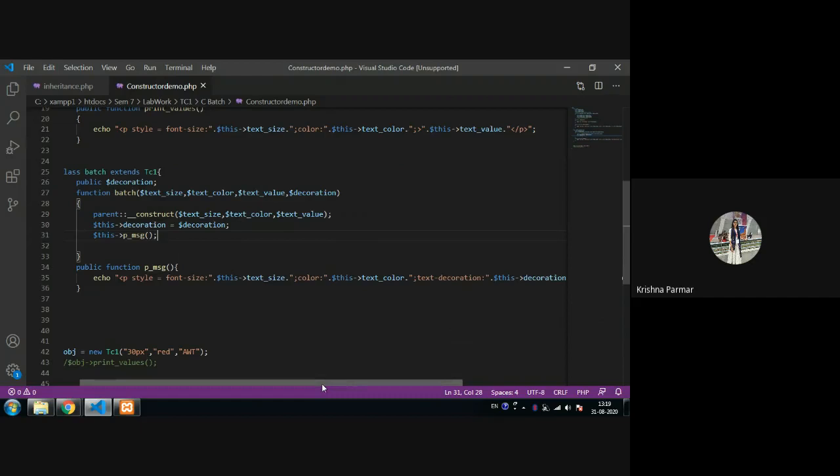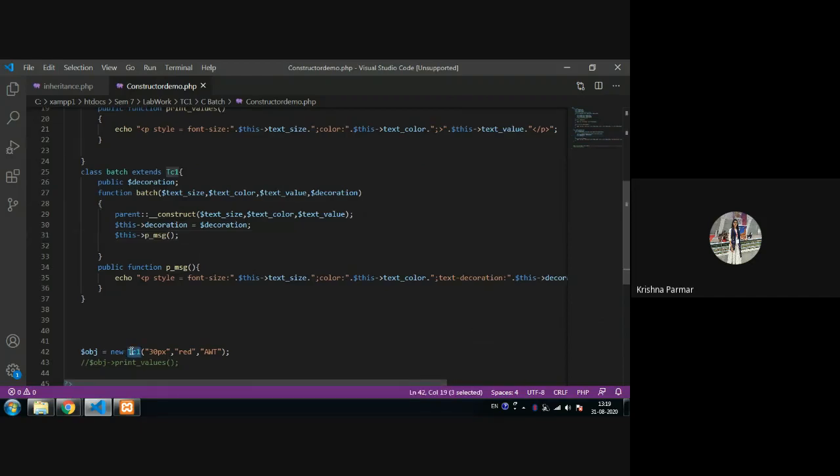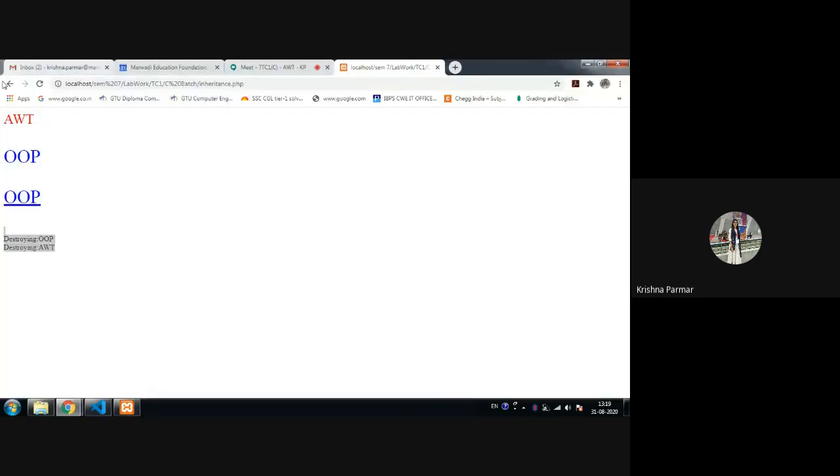Now here I'm creating the batch class object, where I'm providing the fourth parameter, because my batch class constructor contains four parameters. So now I'm going to run the program, that is my constructor demo file.